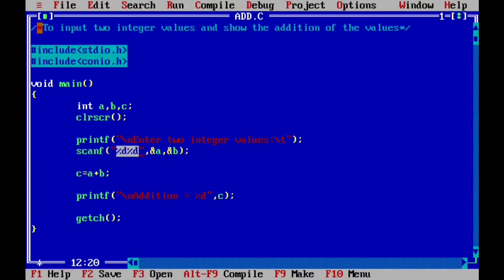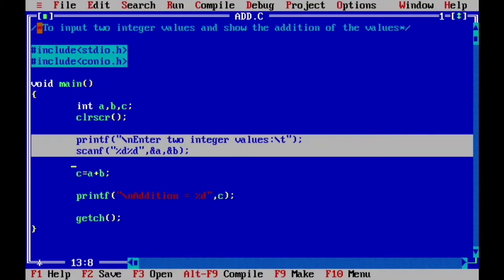Now we have used %d two times because we wanted to have two integers, right? So &a means whatever value has been entered in the first instance, that value should be assigned to a, and &b means the second value should be assigned to b, right? Now this is our first part of the program, that is, input the data.